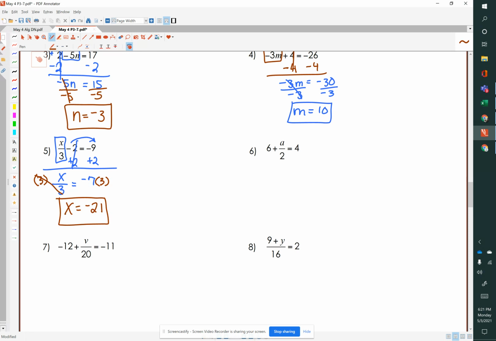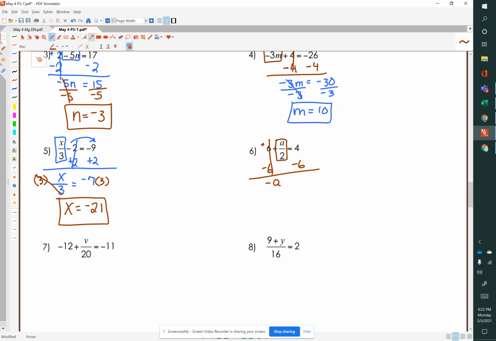Again, this is a very similar problem. Number 6, we have our variable here, positive a divided by 2, and we have a 6 with an invisible positive sign being added to the a divided by 2. So let's eliminate that 6 by subtracting it, and whatever we do to one side, we do to the other. That will leave us with